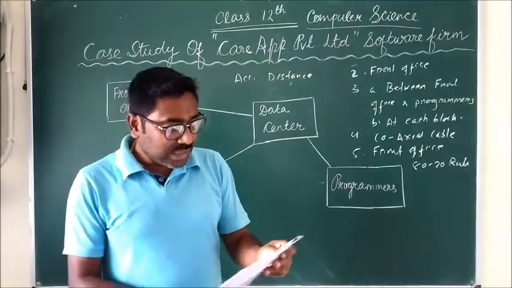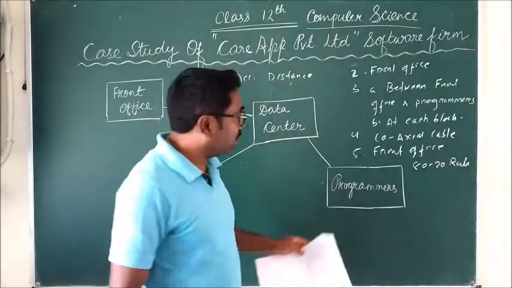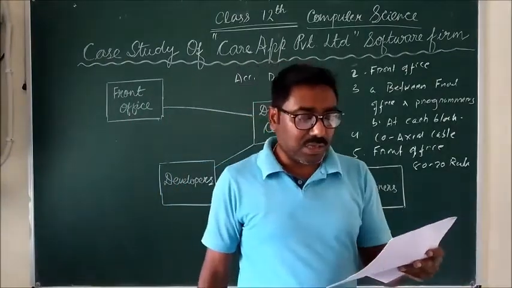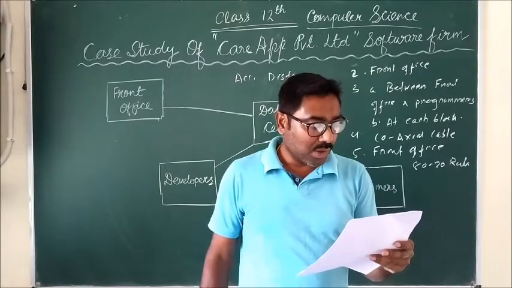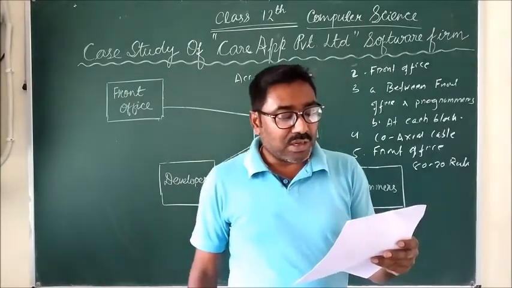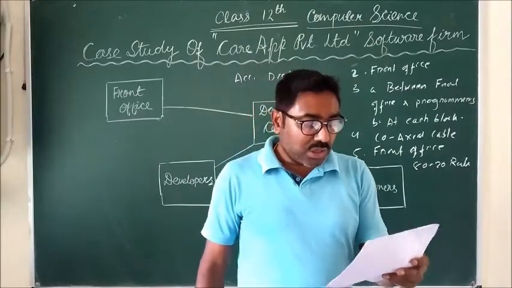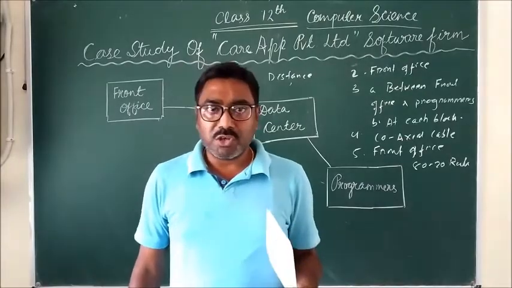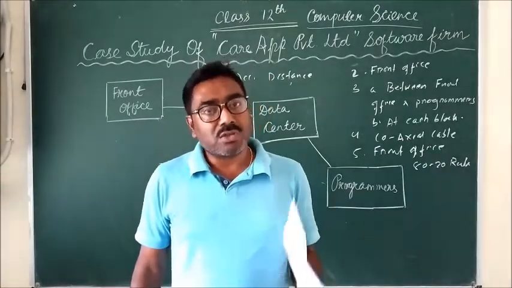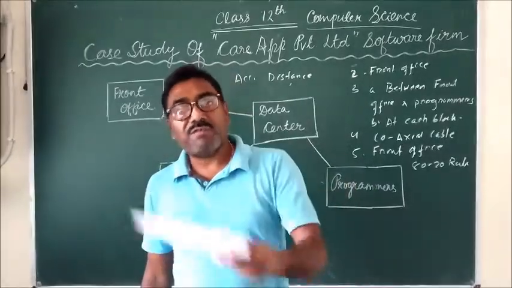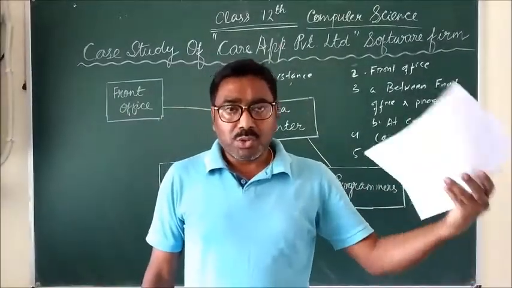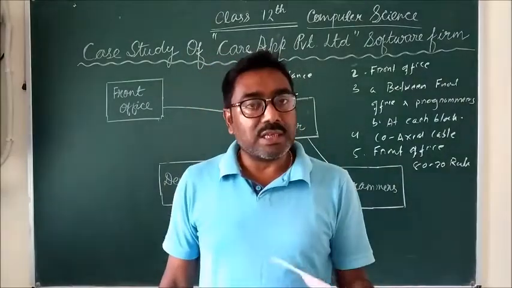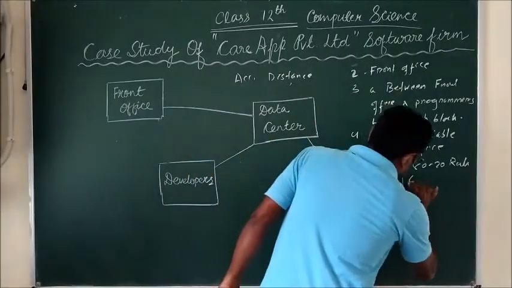Then come to the sixth question, which is the last question. The company will have regular interaction with the head office at Bangalore. Which of the following network types should be used? Here we have the options internet, MAN and LAN. LAN is within a campus, so LAN is not possible. MAN is within a city, which is also not possible, because we have to connect from Nagpur to Bangalore. So it should be internet or WAN. WAN is not in the list, internet is in the list, so the answer is internet.